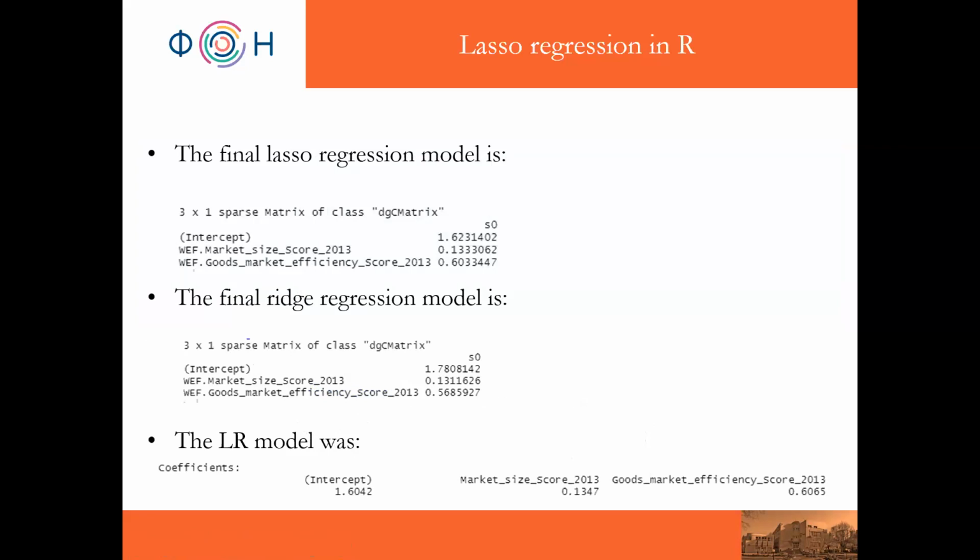But please have in mind that here we had a pretty simple multiple linear regression model. Imagine if we had, for example, 10 or 15 independent variables in the model. Using these approaches to regression could have helped us to reduce the number of variables in the model. So yeah, this would be